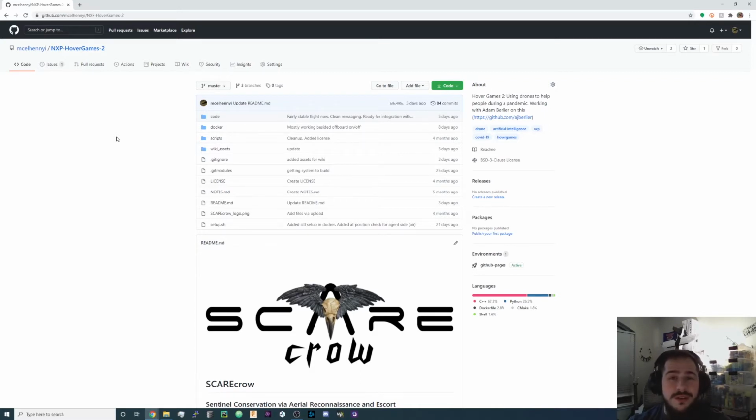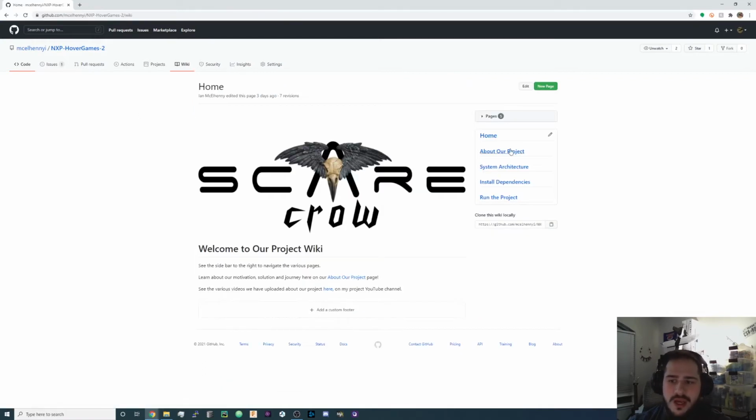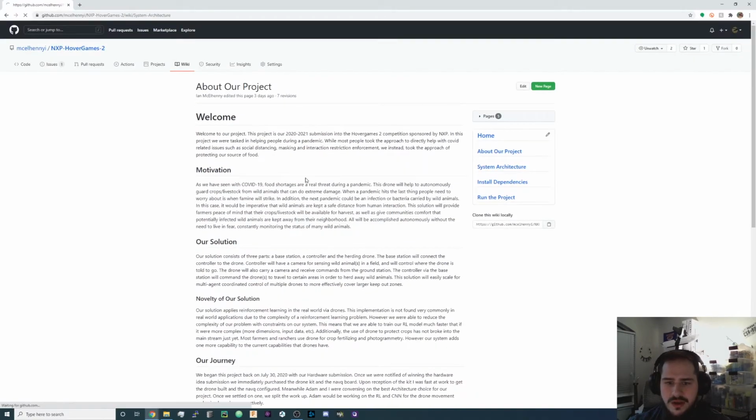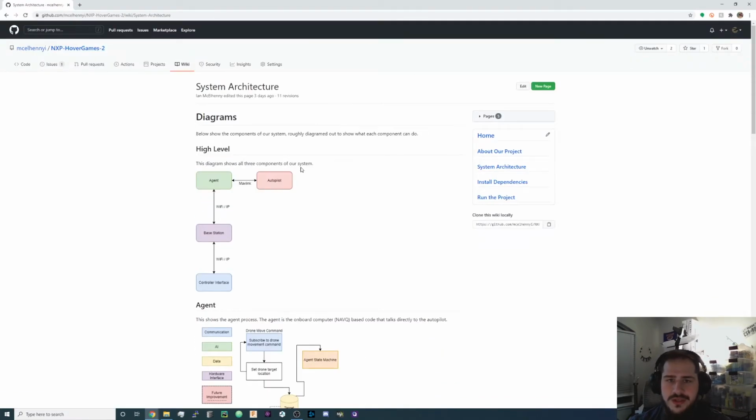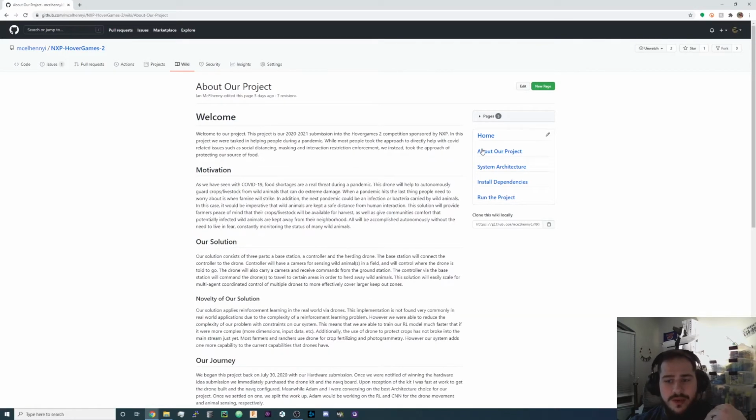If you're not familiar with the architecture of our system, I strongly suggest you take a look at our wiki page. Here you can see on the screen is our wiki page at this URL here. If you go to my GitHub, which I'll have linked below, and you go to the NXPHoverGames 2 project, you can go ahead and click the wiki here, and you'll be able to see our homepage as well as all the information about our project and our system architecture diagrams. This will give you a better idea of exactly what's happening and the verbiage I use when referring to the